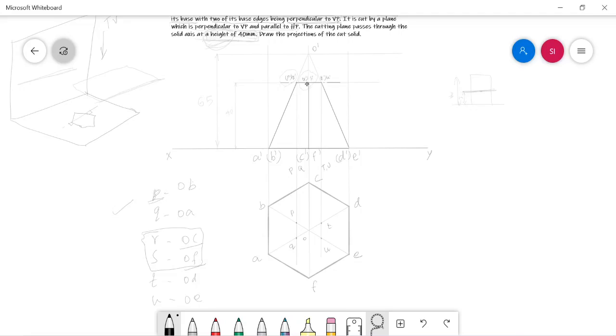for a point which cannot be marked by projecting it towards the top view, just draw a straight line towards the extreme slant edge. In this problem, the extreme slant edge is OD and OE. Say I am marking them in the OD. In the OD, mark the point here and then project it.